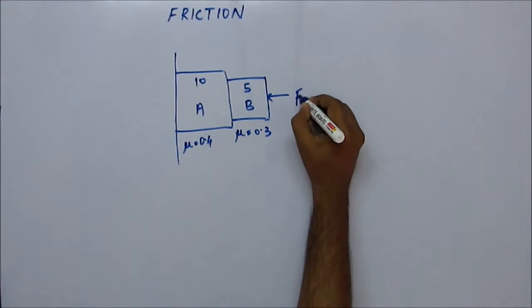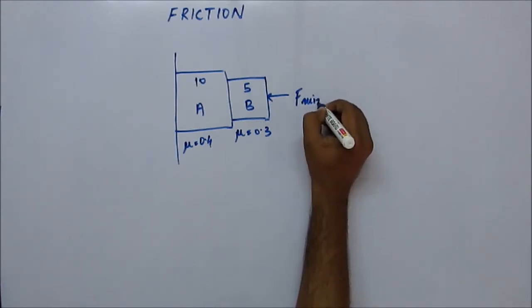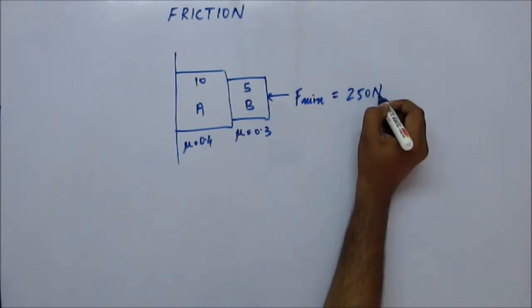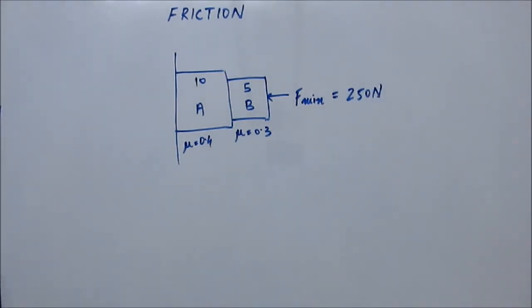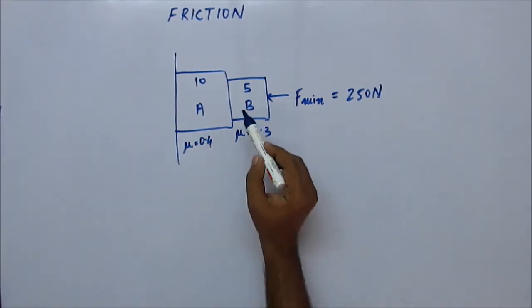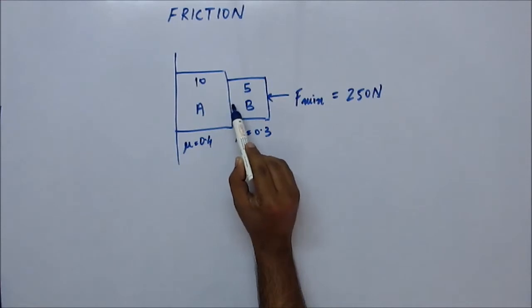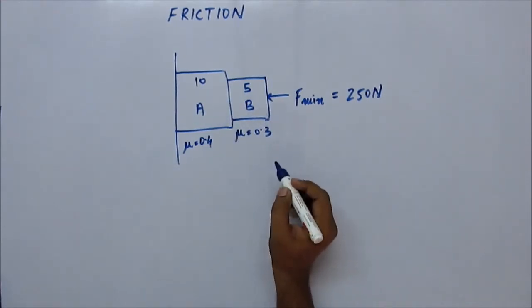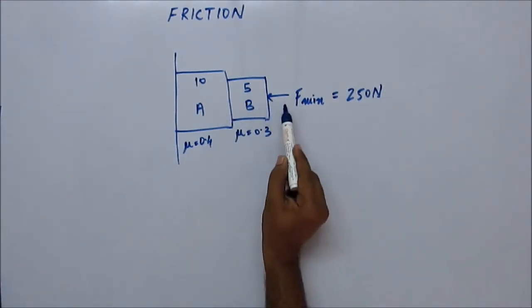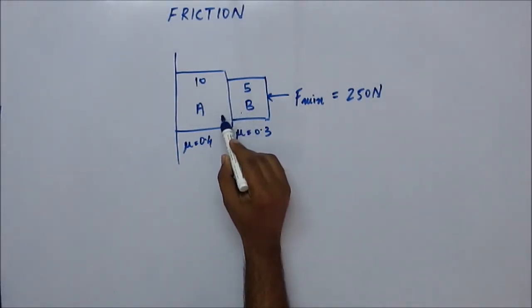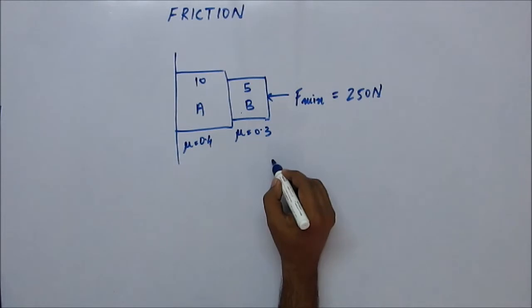So the minimum amount of force that would be required to keep the whole system stationary would be 250 Newton. If you got your answer, very good. Let's discuss. Now let's consider it one by one. If these two blocks are not moving relative to each other, then let's find the condition of the minimum amount of force. If this body is not moving with respect to this body, then